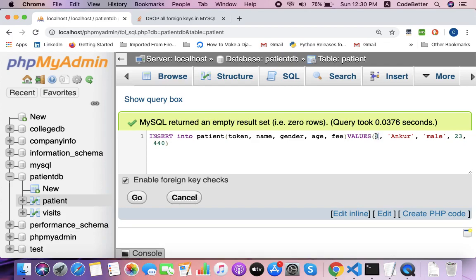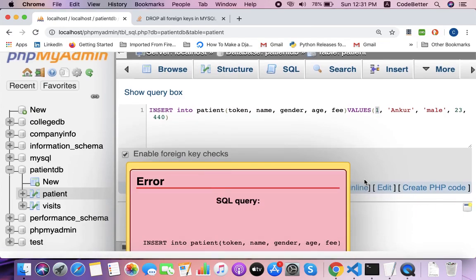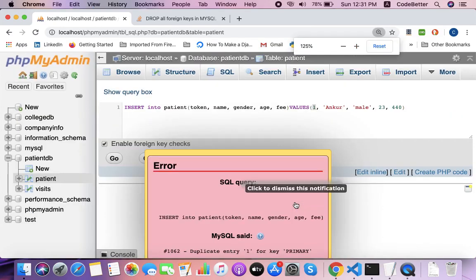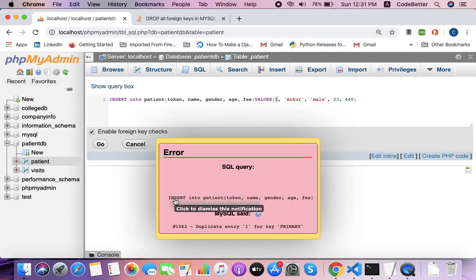Here we have assigned token 1, which is already assigned to Amit. If I execute this query, I see an error: MySQL said duplicate entry 1 for key primary. The primary key column is not accepting the duplicate entry 1.